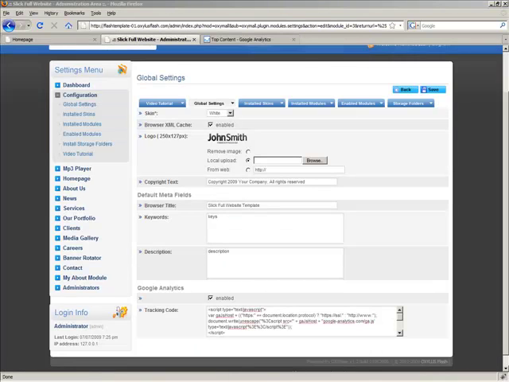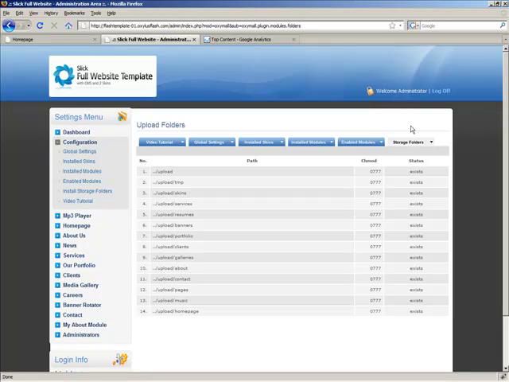Okay, the next section is the storage folders. Here you can see all the folders and if all the writing permissions are set correctly. In case there are any errors, they will appear in red, and in that case you need to go and set the permission manually. For more details, please read the installation document attached to this template.